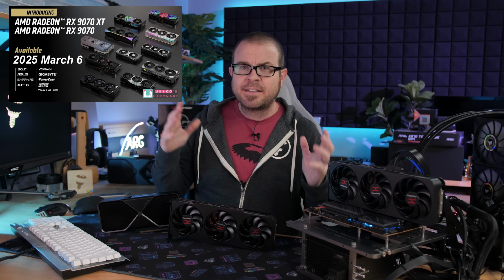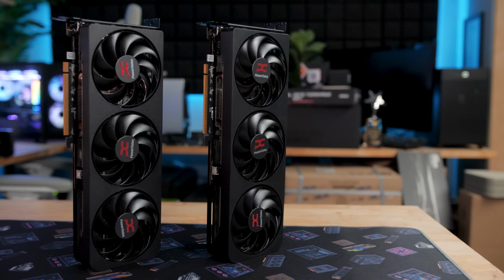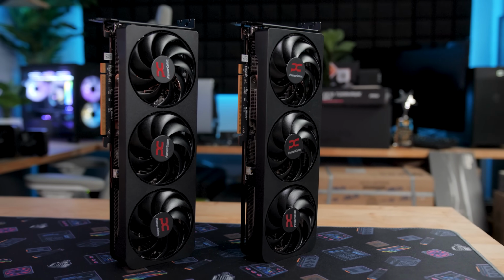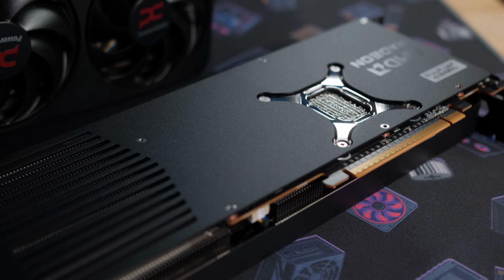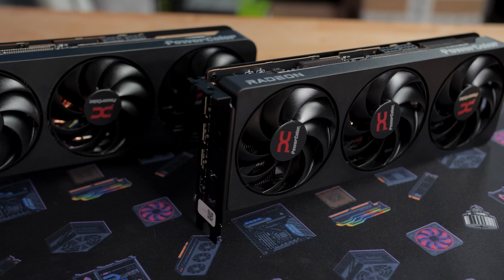The AMD Radeon RX 9070 XT and RX 9070 non-XT review embargo lifts today. They go up for sale tomorrow for $600 and $550 respectively, and there's been a long anticipated and much hyped wait for these cards to launch, probably because AMD announced them like 3 different times over the course of the past couple months. With that in mind, my goal today is to plow through this video as efficiently as possible